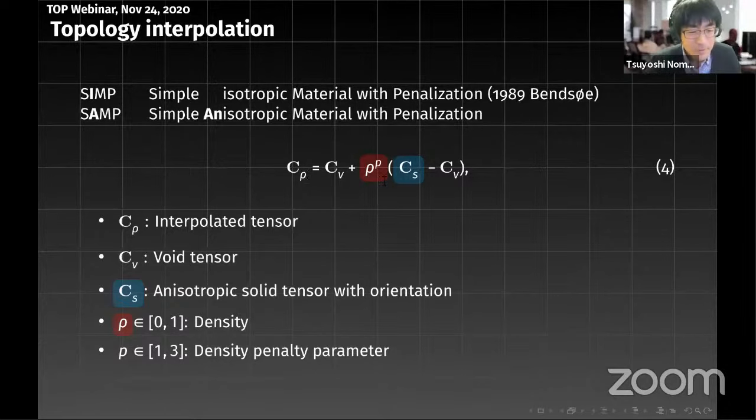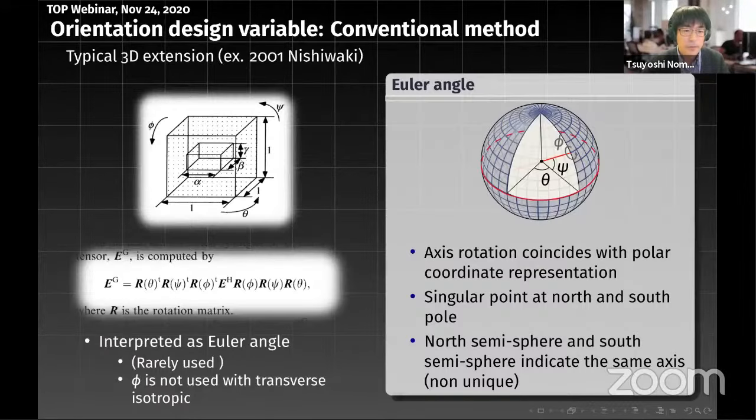I interpolate the stiffness tensor using the density, but the stiffness tensor itself is anisotropic, written as C_S in equation 4, and C_S is interpolated using the tensor-based orientation design variable.